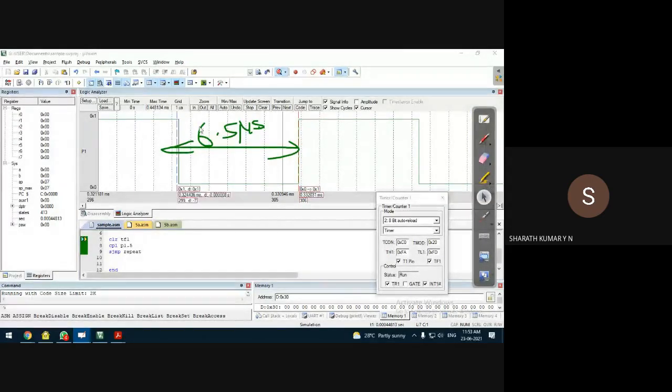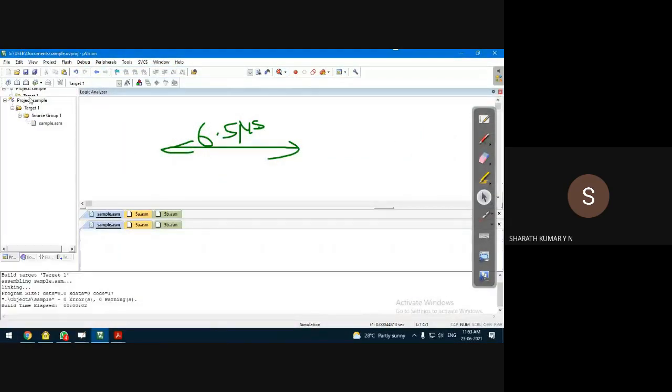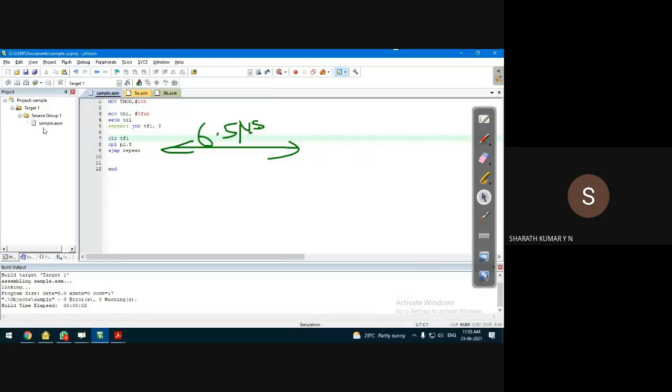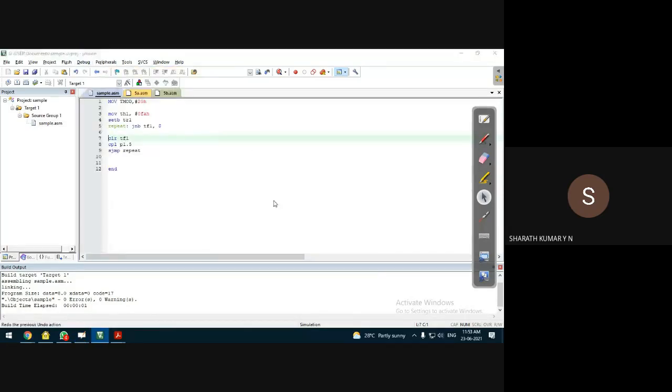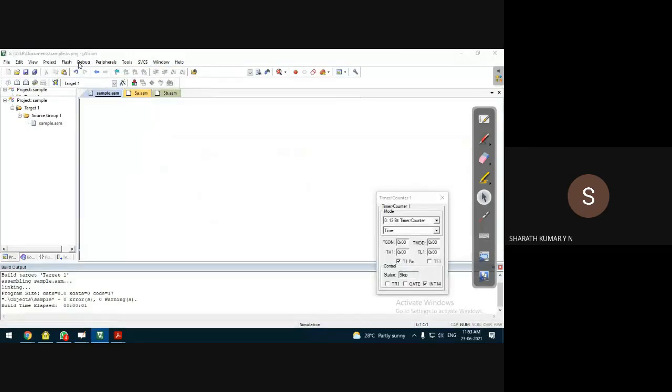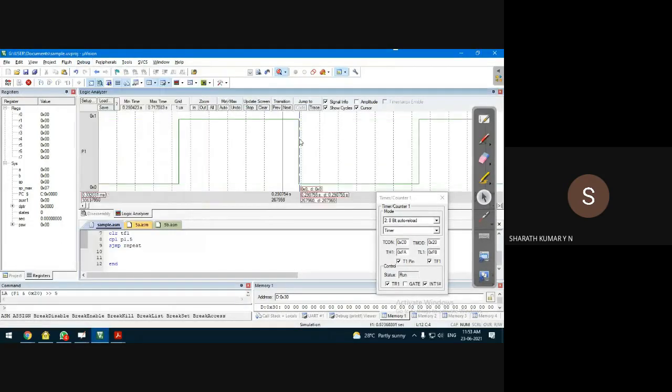By the way, before this, we should make sure that the clock frequency is 11.059 megahertz. I didn't check it. Let me go back and run the program again. This is the program. Save the file. Check for syntax error. First step is always frequency; it's already 11.059 megahertz, no problem. Debug start session. I'll run the program so that we can generate the clock pulse and count the delay generated by the timer.